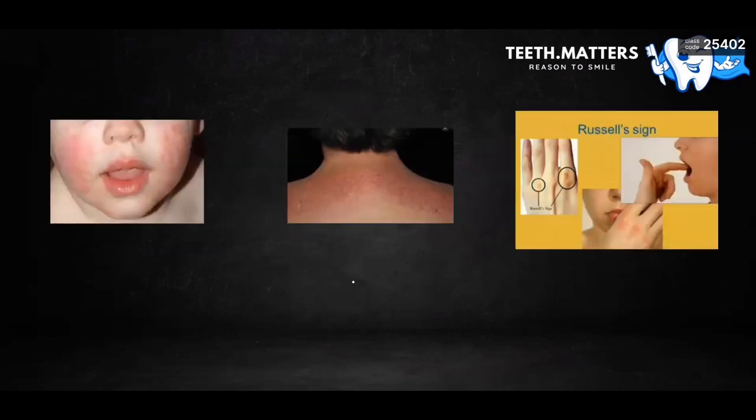Next. Now, the first figure is depicting the slapped cheek sign. When we slap someone on the face like this, a red area forms, this is the slapped cheek sign. It is seen in children with fifth disease, also known as erythema infectiosum, which occurs due to infection of parvovirus B19. Here a confluent erythematous plaque-like lesion forms on the cheek area. So the important takeaway point from this sign is this: firstly it is slapped